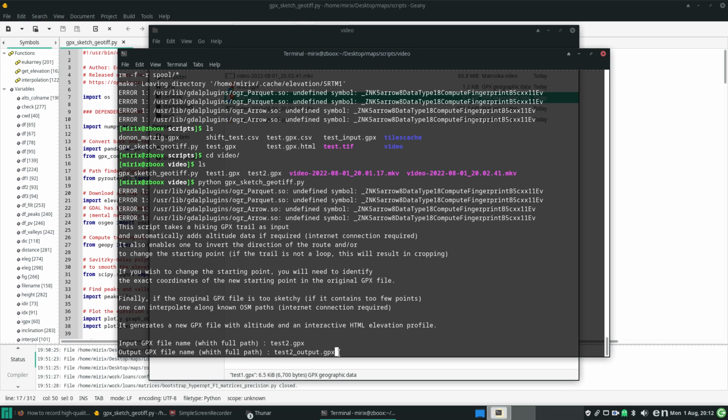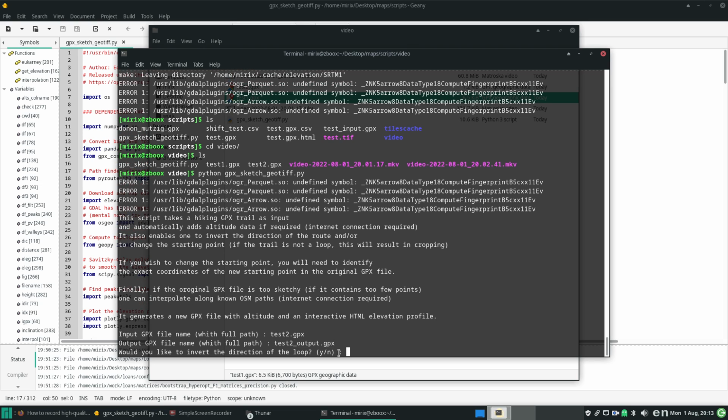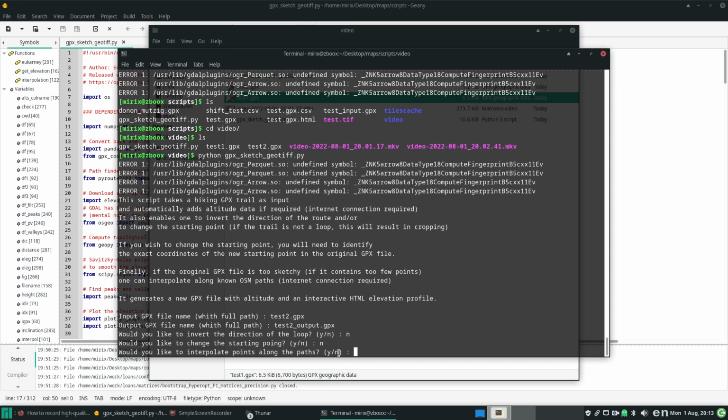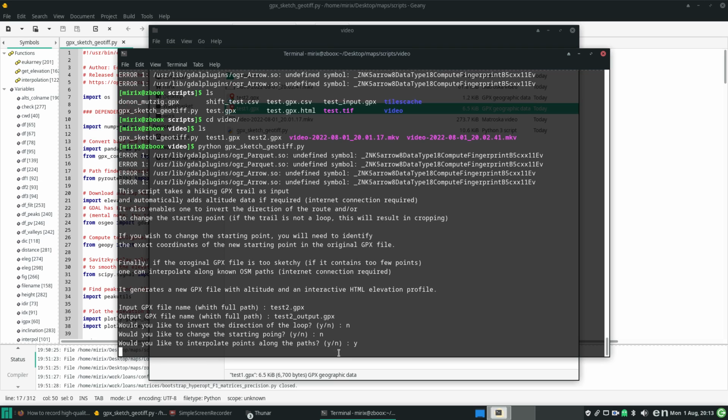So we enter, and now it asks, do we like to invert the direction around the loop? No, on this occasion, we're not going to do that. Do we like to change the starting point? No, we could have done it, but we won't. And do we like to interpolate points along the paths? Yes, that's what we are trying to do. We run it,